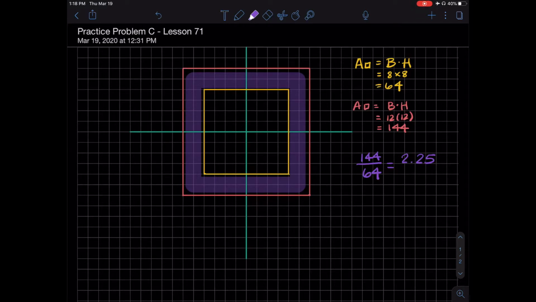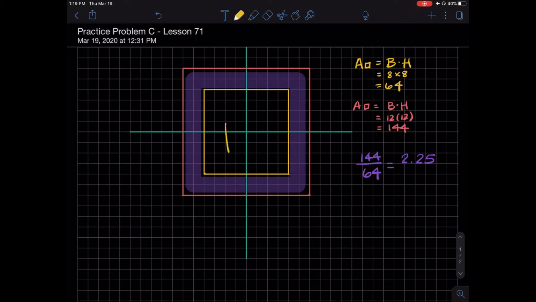Okay, so they want to know what this purple area is in the whole thing, not the parts that I missed. But they do want to know that whole area, and they want to know the percentage of that part. So the whole big square, the whole salmon colored square, the area of this we found is 144. This was 64. We compared them to each other, so 144 divided by 64, we got 225. But they want us to remove this part. And because this is the original,